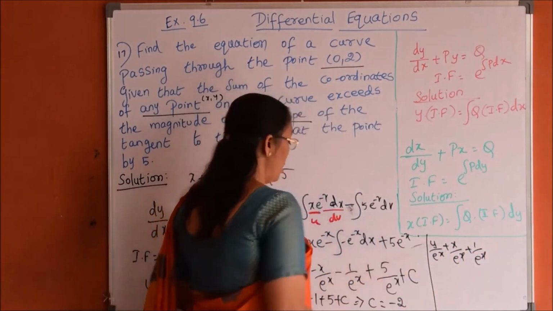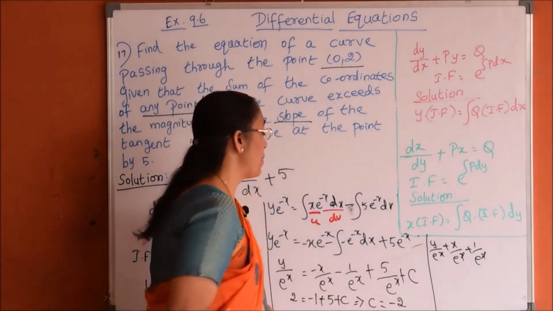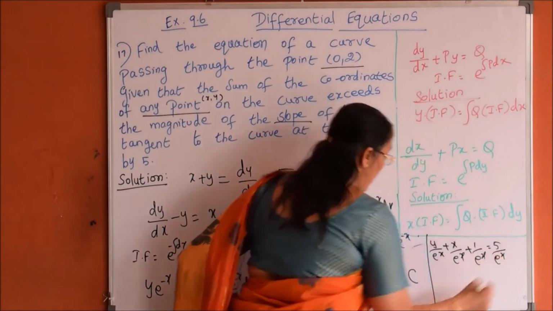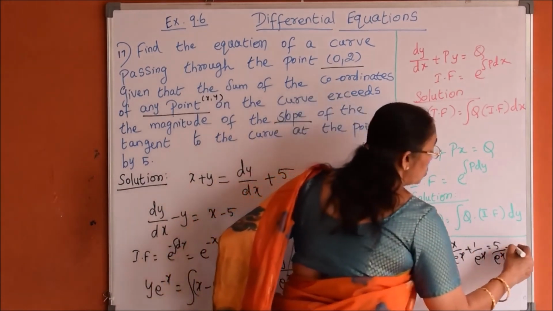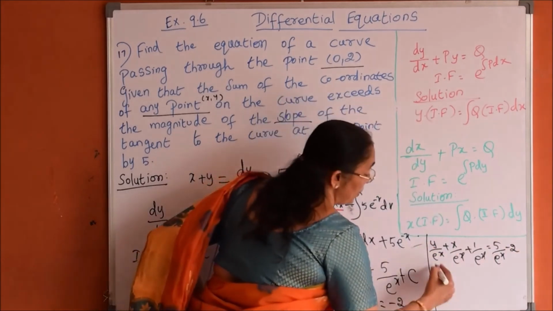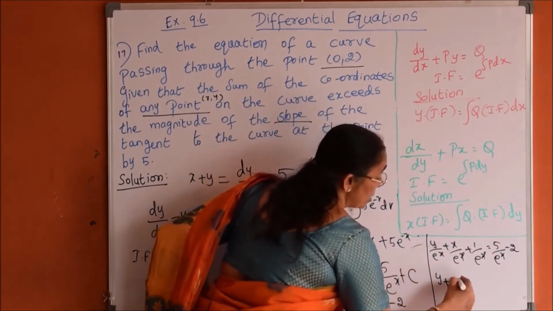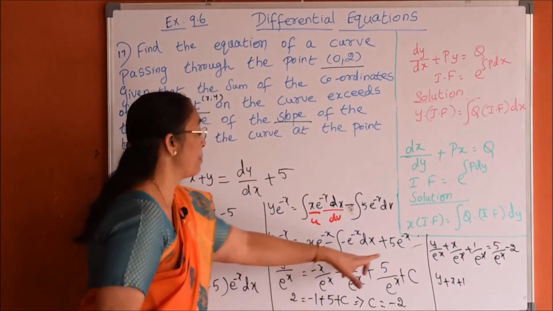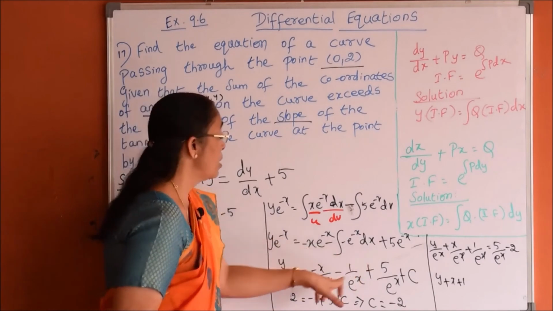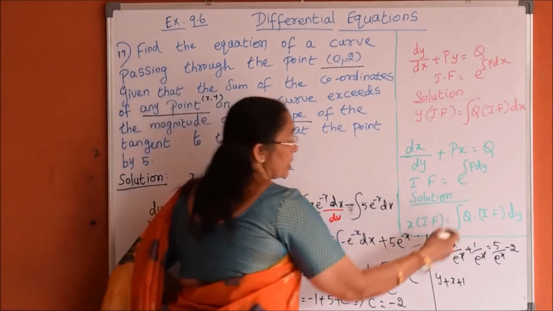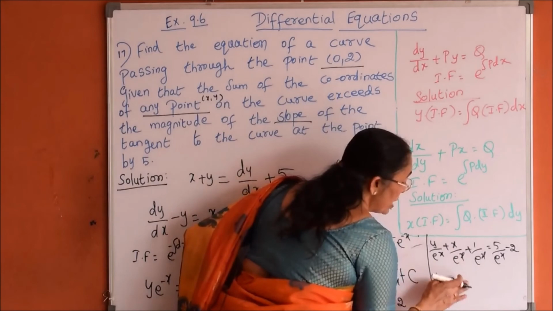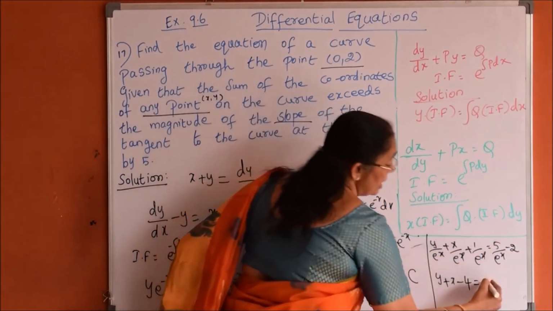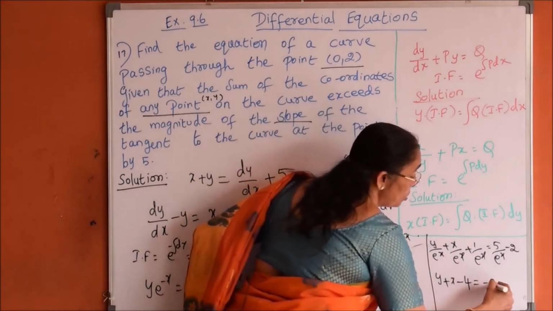Let me keep phi is equal to phi by e power x, which is equal to phi by e power x minus 2. So, taking LCM as e power x, y plus x plus 1, this phi we can take it here. This is minus 1 by e power x plus phi e power x, which is nothing but 5 minus 1, 4. So, this can be taken here only. So, which is minus 4 is equal to, this one is minus 2 into e power x.